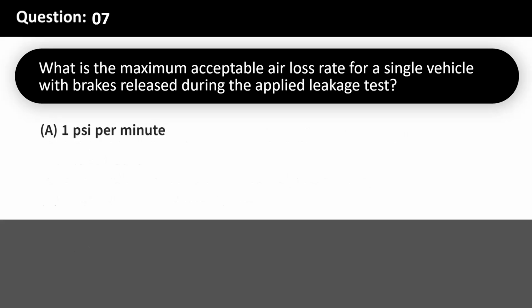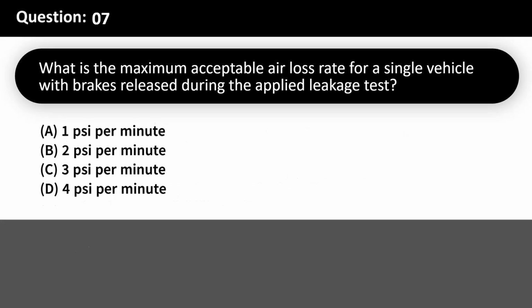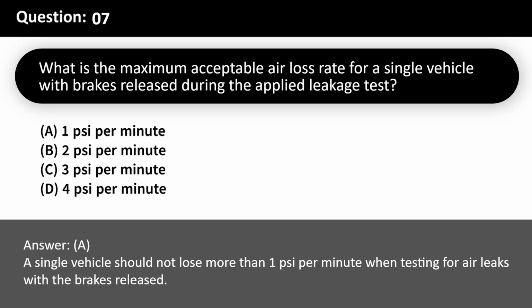What is the maximum acceptable air loss rate for a single vehicle with brakes released during the applied leakage test? A. 1 psi per minute. B. 2 psi per minute. C. 3 psi per minute. D. 4 psi per minute. Answer A. A single vehicle should not lose more than 1 psi per minute when testing for air leaks with